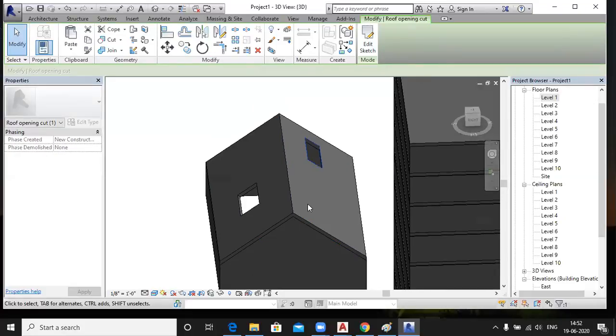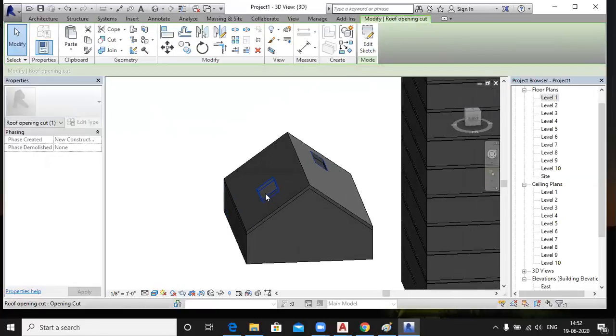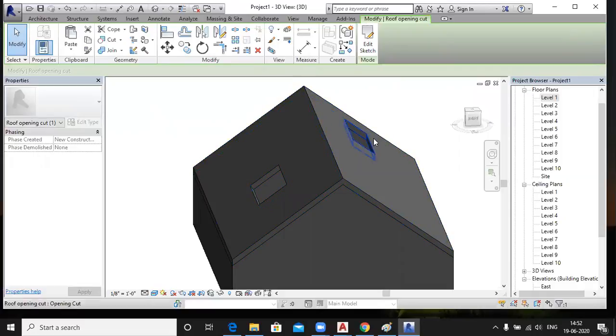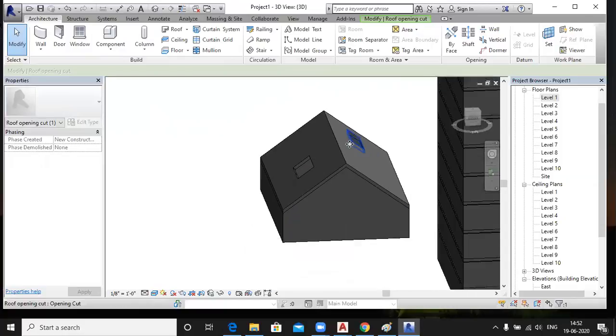Right? Right, sir. So you easily understand the difference between by face opening and vertical opening? This one is parallel to this face and this is vertical to this face. Yes, sir. Right? Okay.